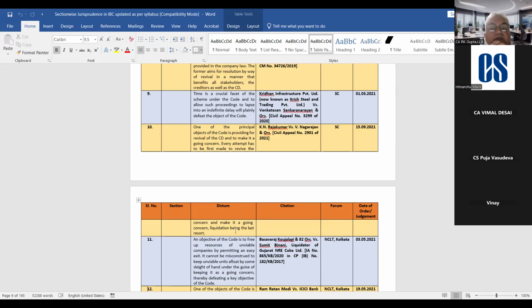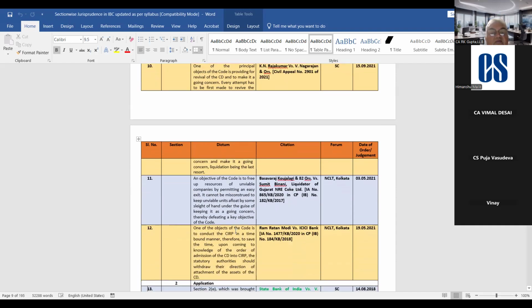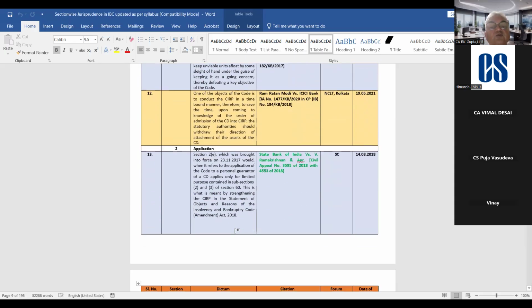Then another case, K.N. Rajkumar, one of the principal objects of the code is providing for revival of the CD and to make it a going concern. Every attempt has to be first made to revive the concern and make it a going concern, liquidation being the last resort. Okay. Next case, an objective of the code is to free up resources of unviable